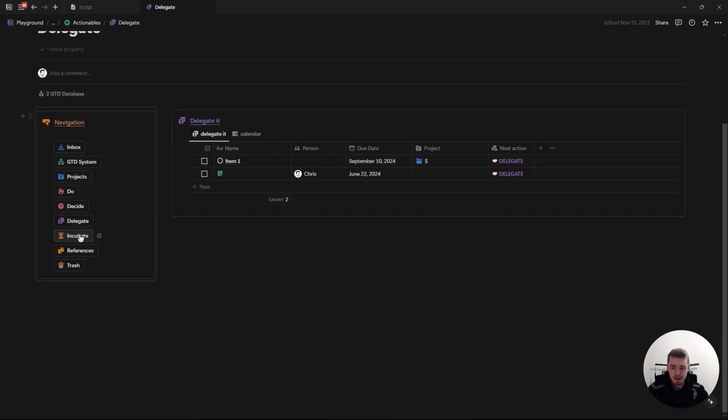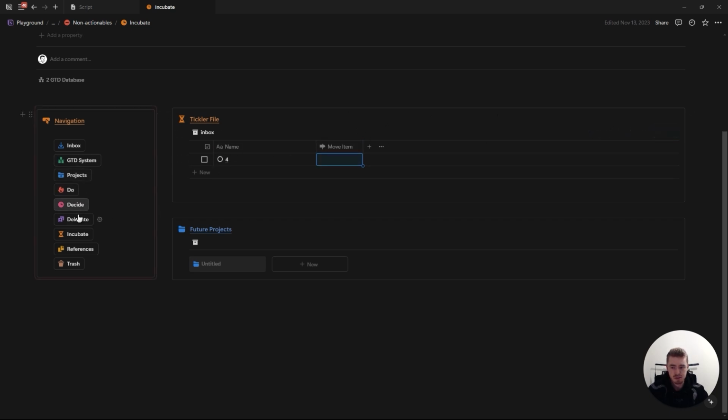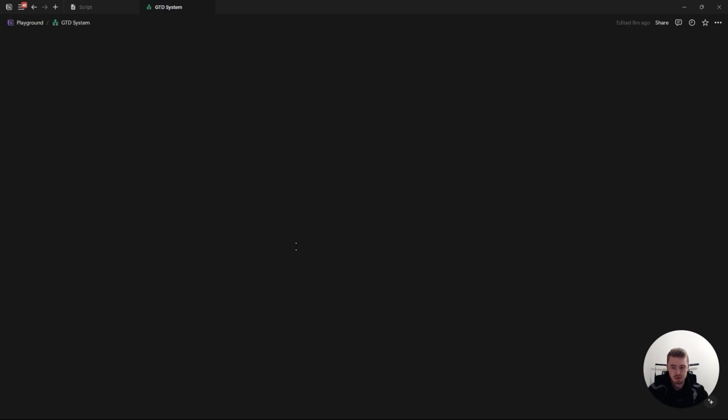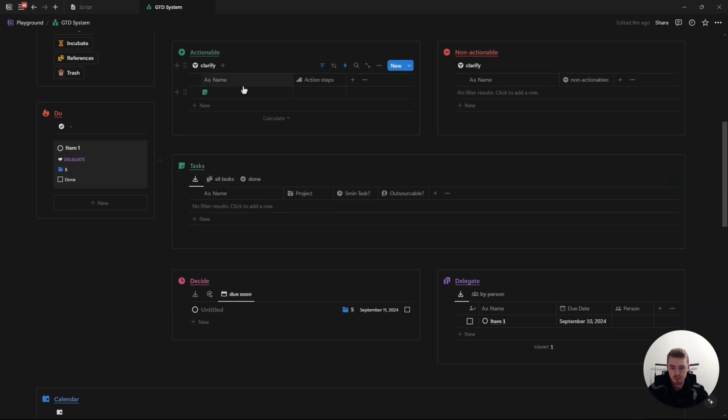Delegate. And then for incubation, so here you can have future projects, you can have future items. And for incubate and references, the idea is later on you would create a task out of it essentially. So let's say the idea becomes a task. You can then click on this and select task, and through automations, it will then move this to the task database. So if I now go back to the home page and go here, then it will create a task,